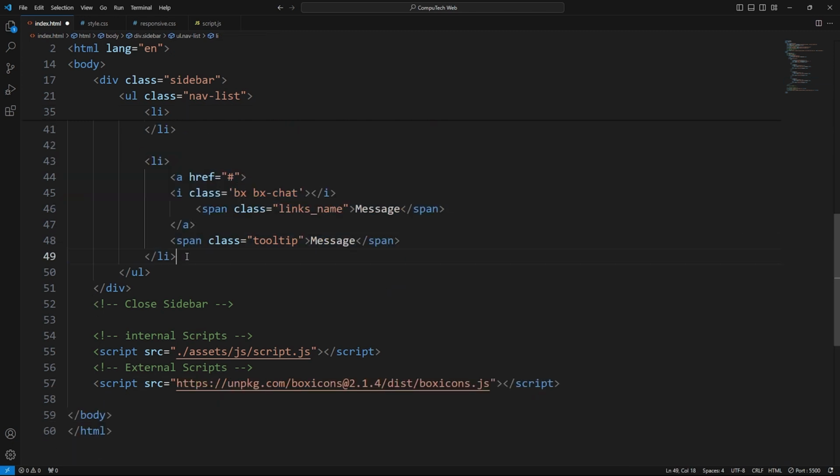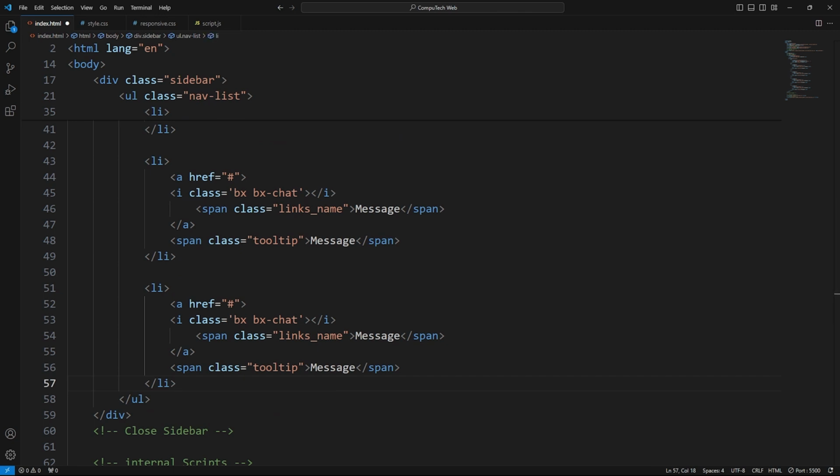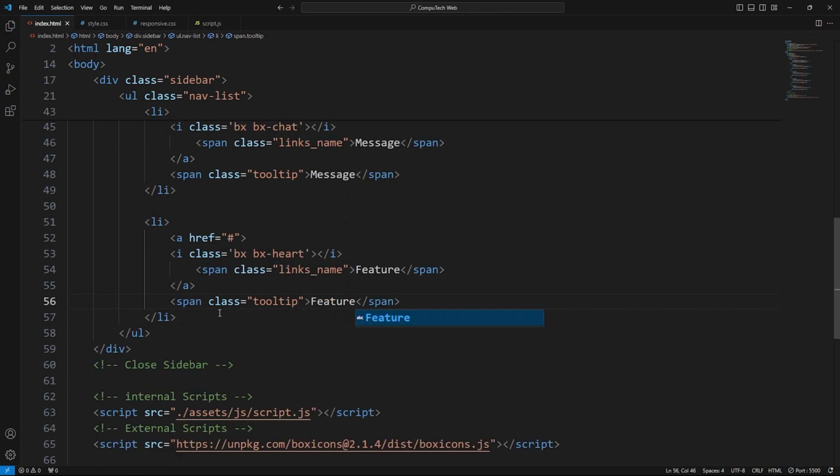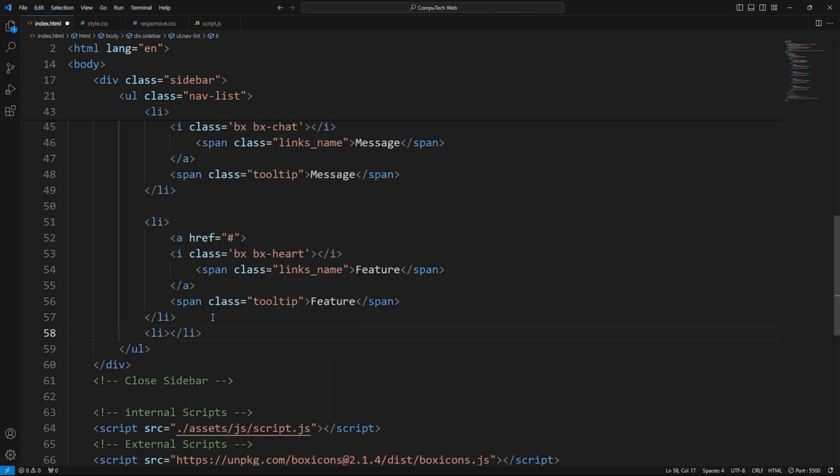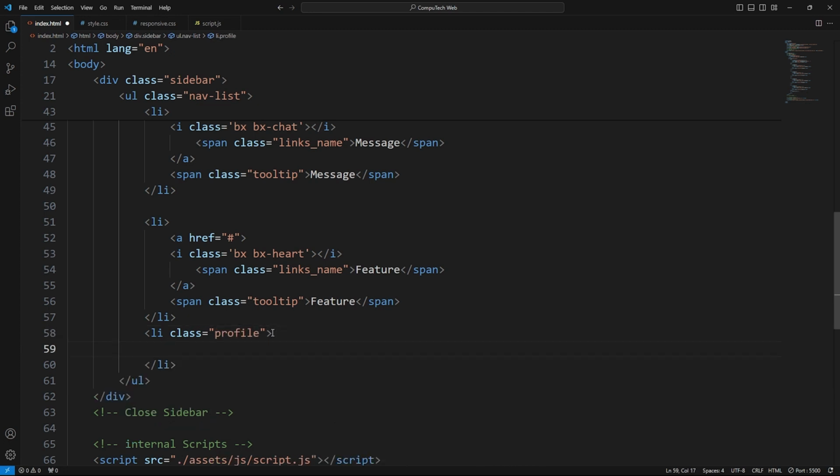Okay, copy one more time and paste here, and for messages use the heart, and for this heart, feature products or features. Okay, now we add a list for profile. So profile, and in this list